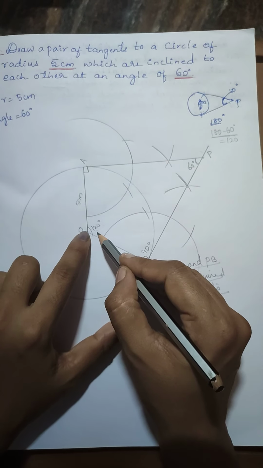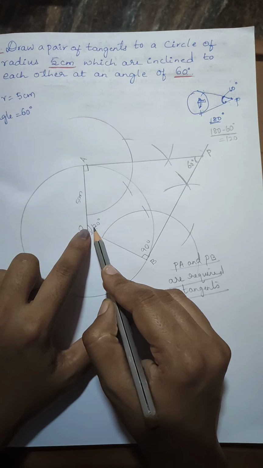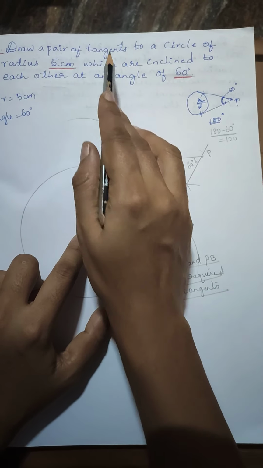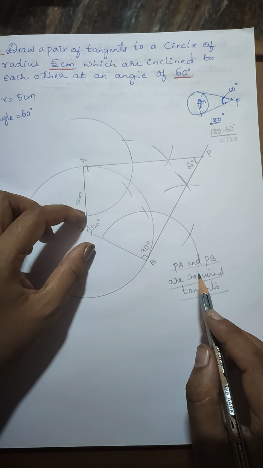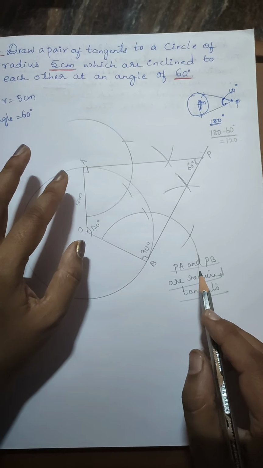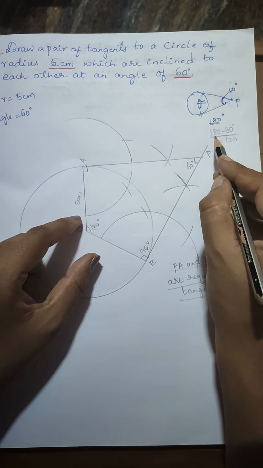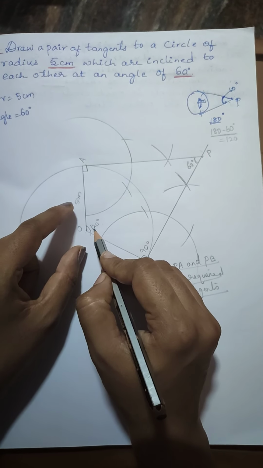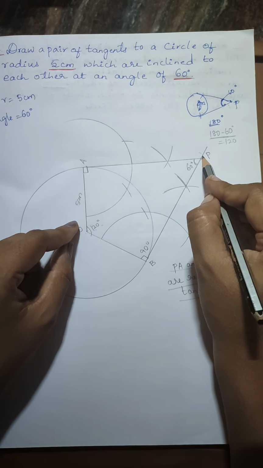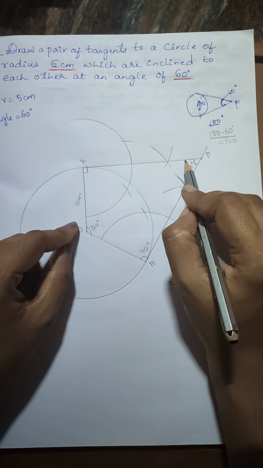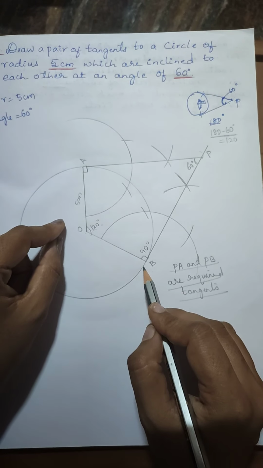And remember, if they give 70 degree, what will happen here? It becomes 110 degree. If it is 80 degree, it becomes 100 degree. Understood? And as I told you, it may be the angle between the radii also. Here they will give: draw a pair of tangents to a circle of radius 5 cm, and the angle between the two radii is 120 degree. Here don't subtract 120 from 180 and don't take this as 60. You have to observe whether it is the angle between the radii or the angle between the tangents. If it is the angle between the tangents, you subtract from 180. If they directly give the angle between the radii, you directly take the angle.